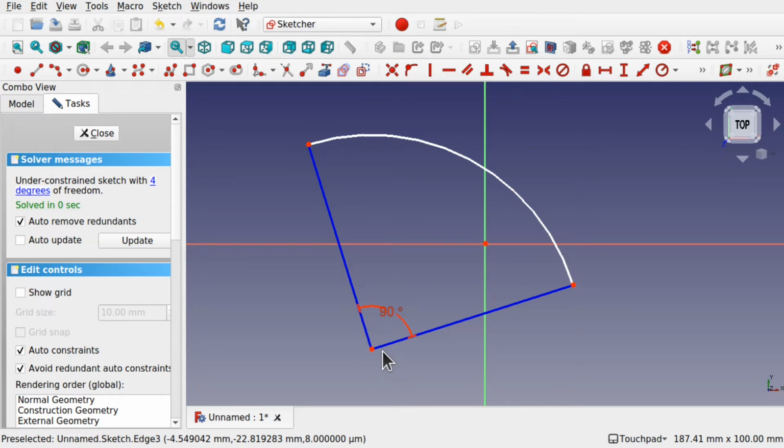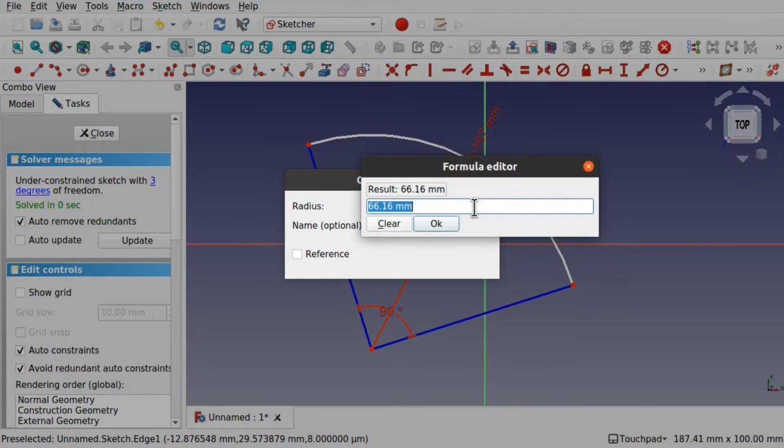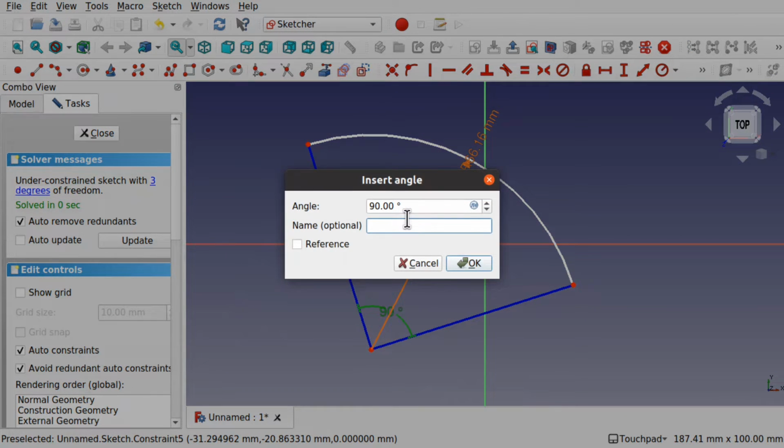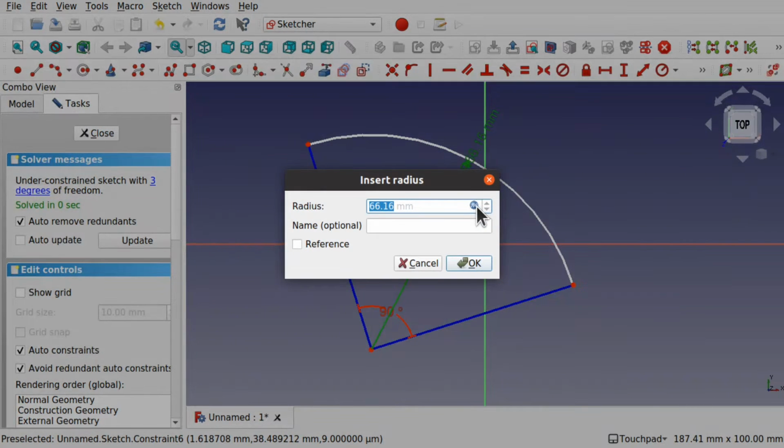We can either set a length here, which will be the same as setting a radius because it's going from this point to this point, or we can just click on this arc and set the radius in here. So click this function at the end, and well, I need the angle. I haven't referenced that at the moment with a name, so let's just OK that to get the radius in here. If I double click this one here and just type in angle in here, come into the radius, double click it, and use the formula